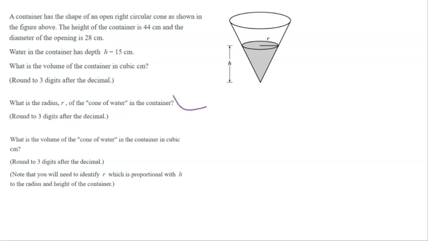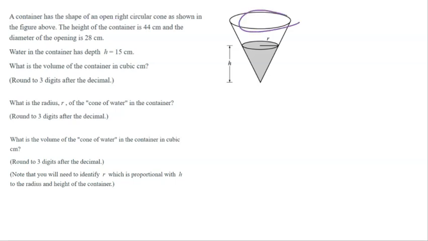So now we're going to do another example of three-dimensional solids that are representative of real-life situations. So what we have here is a cone. It looks like a right circular cone. And sure enough, it says here, a container has the shape of an open